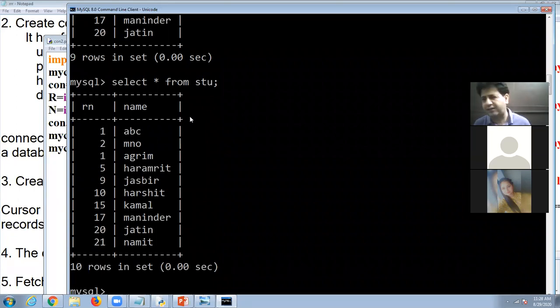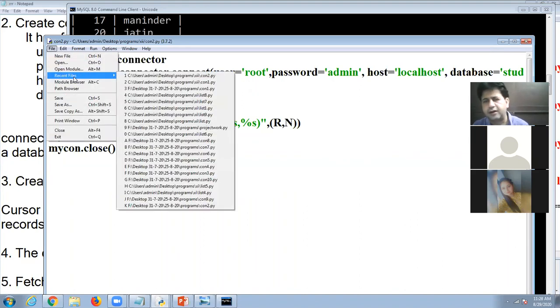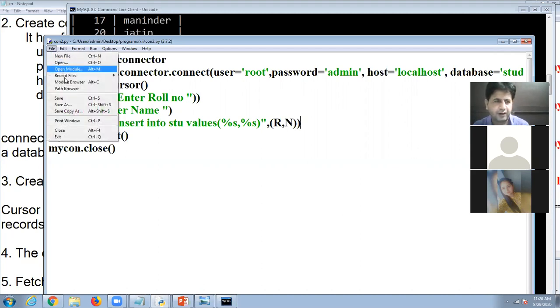So in any project, we display the data, we search the data, we modify the data, we delete the data. These are some common functions which we have already discussed with you yesterday. Now, next is if I want to delete a record. So we know that first I will use roll number, because if I use the delete query, it will delete all the records if I do not use the where clause. So I am now making the program for deleting a record.